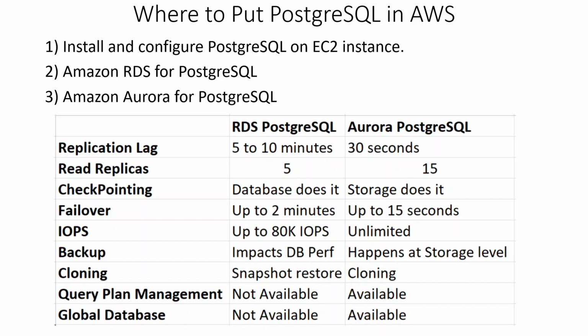The first one is replication lag. Postgres records any modification in data in write-ahead log files. Streaming replication continuously ships and applies the WAL records to replicas in order to keep them current. This asynchronous replication is based on transaction logs, so high write activity at the source instance can cause high replication lag. Now when it comes to RDS, this lag can be up to 5 to 10 minutes, but for Aurora this lag can be up to just 30 seconds.